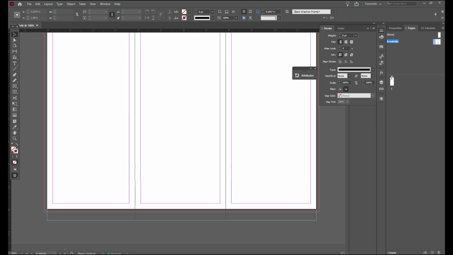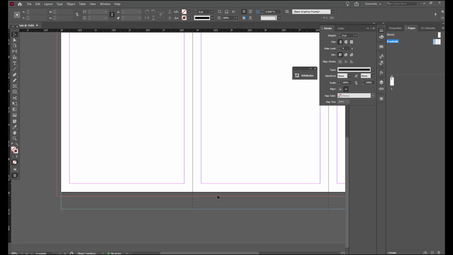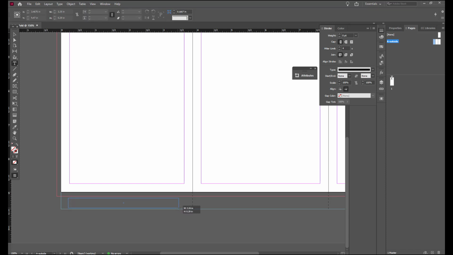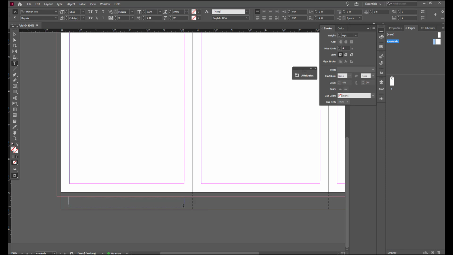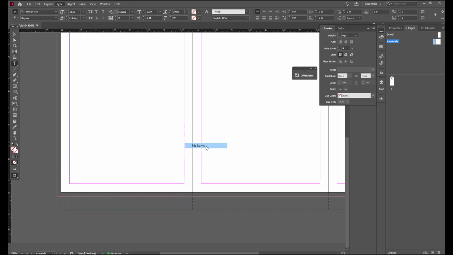We're going to add some text variables to the bottom of our layout for our master pages. We're going to create a new text frame. This is going below the first panel with the insertion point flashing. Go to Type, Text Variables, Insert Variable, File Name. Give it a space, put in a slash, and type in Modified,